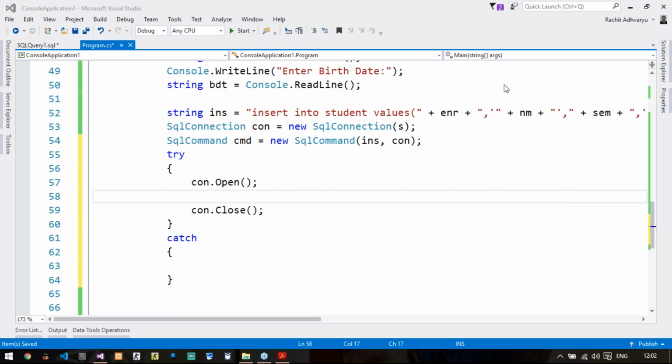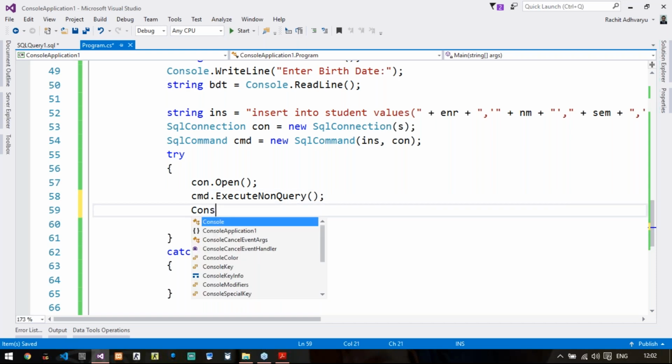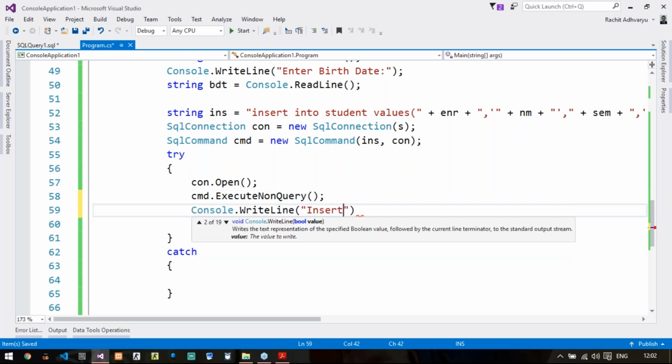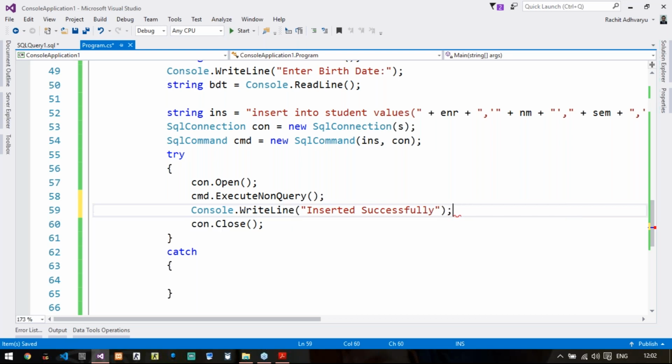And if it is executed properly, I will just write Console.WriteLine inserted successfully. And if it goes in the catch block, I will just do con.Close. I will close the connection for the safer side.